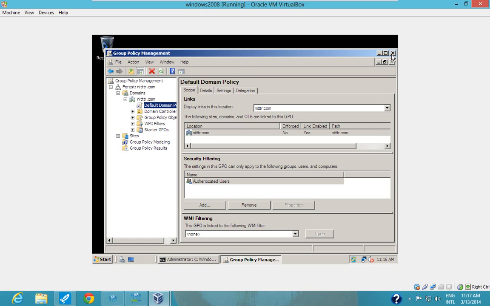So what we have done, we have installed Windows Server. In that we ran one command, dcpromo, and put in our domain. Then